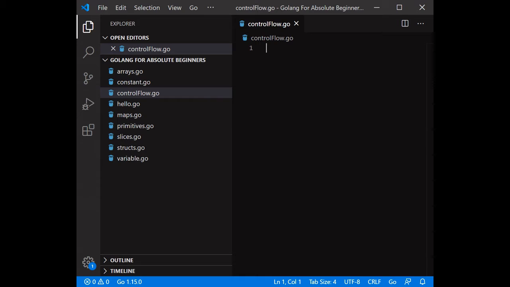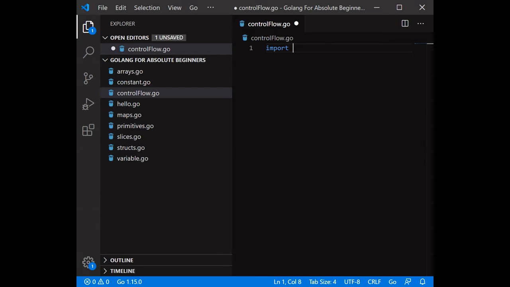In other programming languages, we have if, else if, and switch case statements to control the execution flow of a program. In Golang we also have if, else if, and switch case statements to control the flow of any Go program.